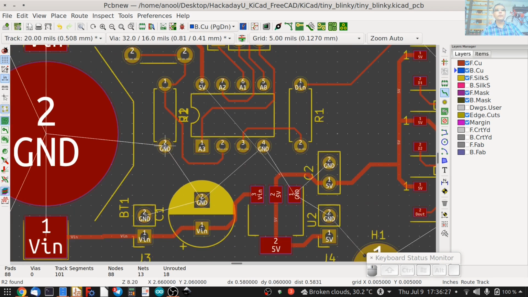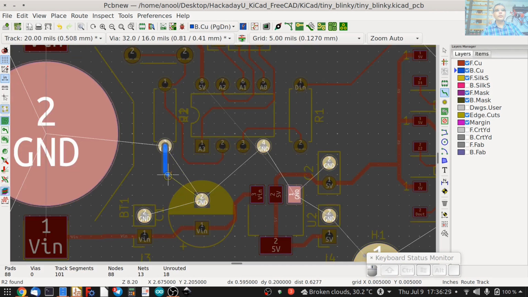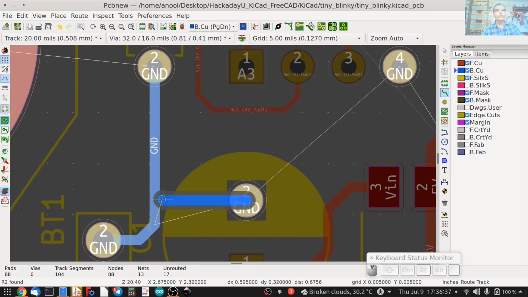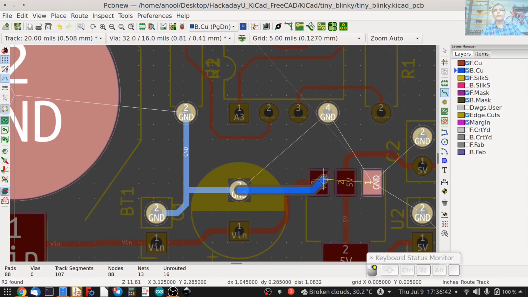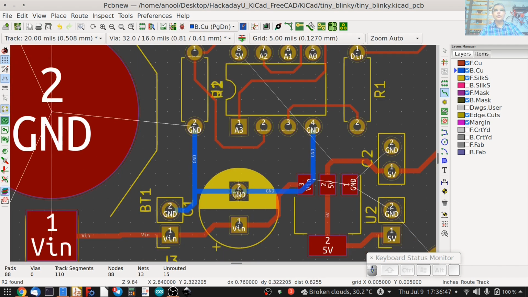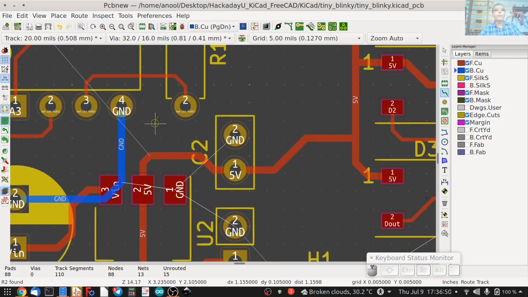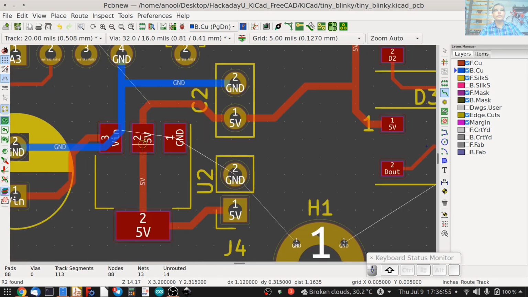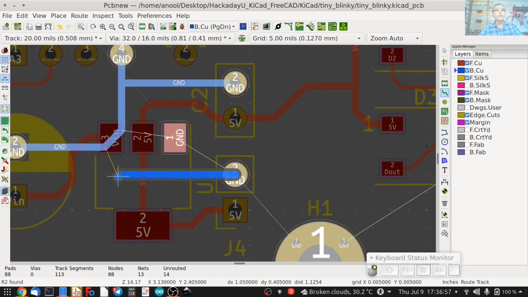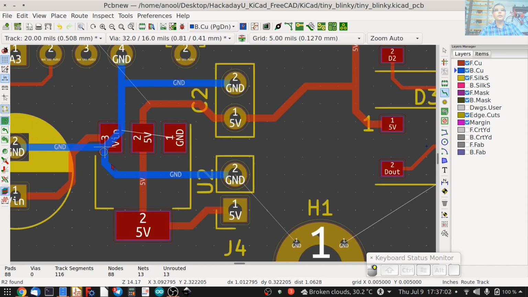So here's one, goes over here, ground from the capacitor goes here, ground from the capacitor goes to ground of the ATtiny, also goes to the capacitor, and also goes to the output connector.